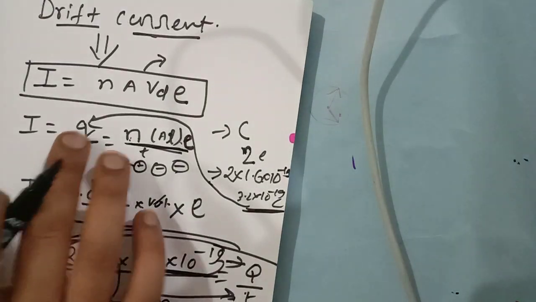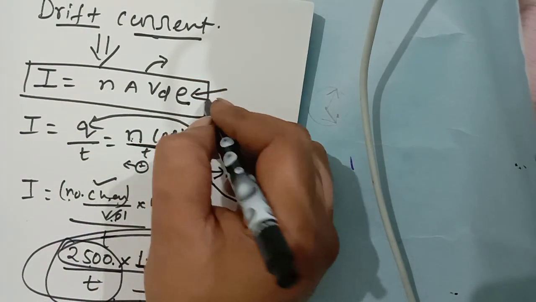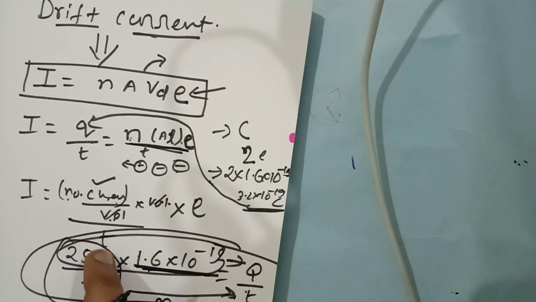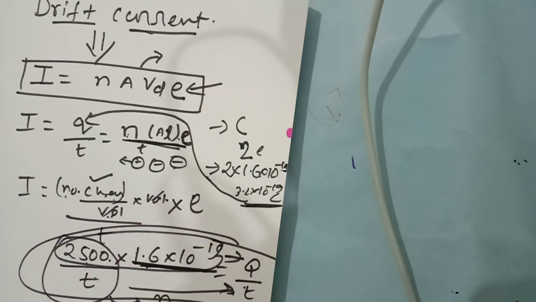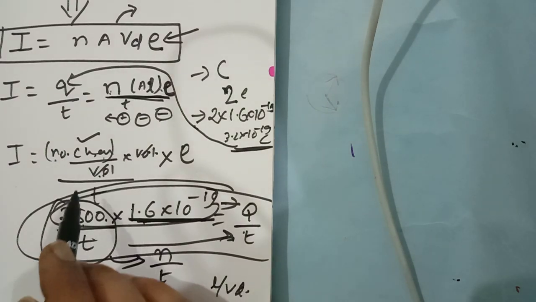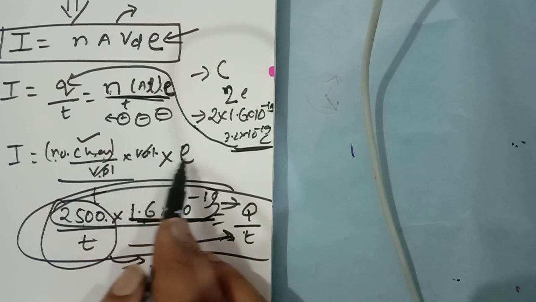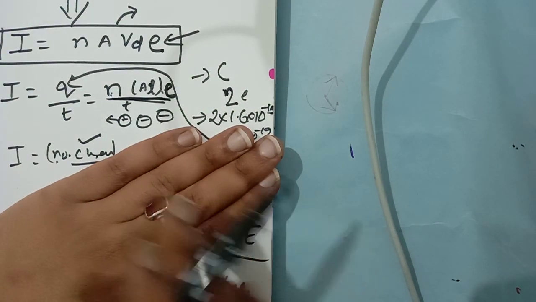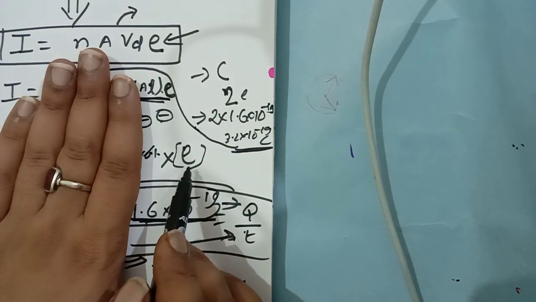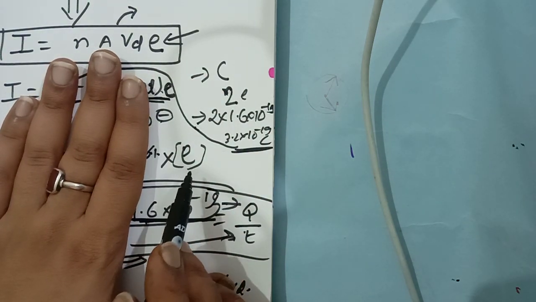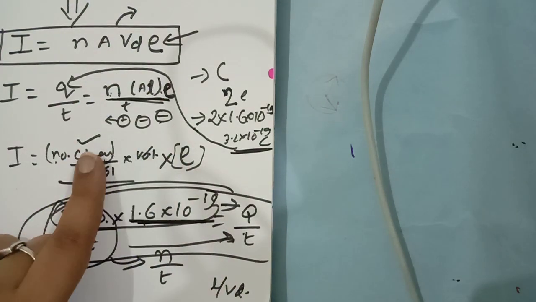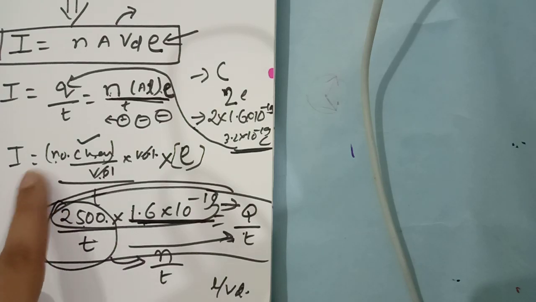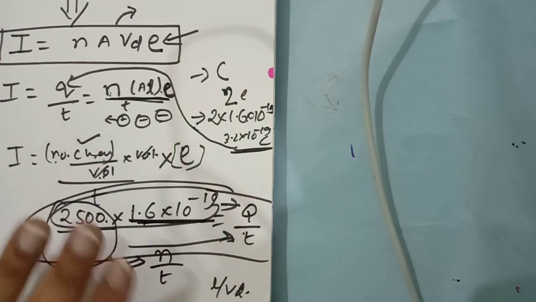I apologize for this mistake, just a little one. I was just continuing with the number of charges and missed this e. When I went through my lecture once again, I understood the mistake I had made. There should be the charge. Number of kgs will not give us the cost. Number of kgs into the cost of 1 kg, meaning one electronic charge, should be given. Then only we can get the whole charge. Whole charge by time is current, not number by time. Number by time is not current.